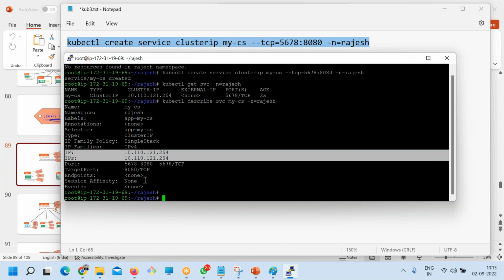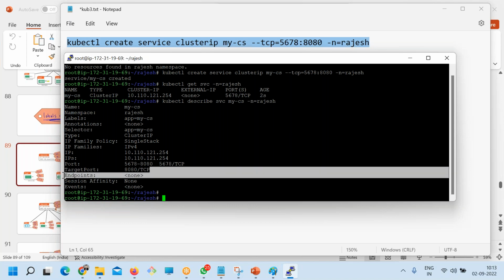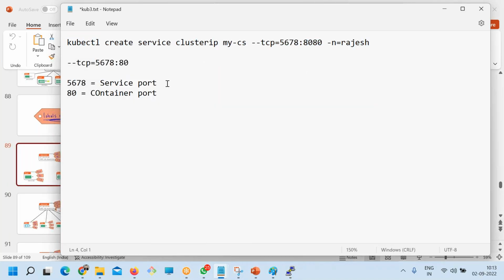So here you have target port. Sorry, not target port, endpoint. My bad. So what was that IP address I used? Oh, I used this one.